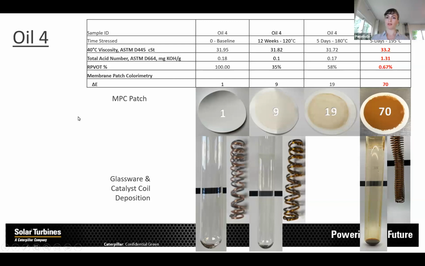Oil 4 here tended to do pretty well in terms of the 120 degrees Celsius test and the 180 degrees Celsius test, with some change